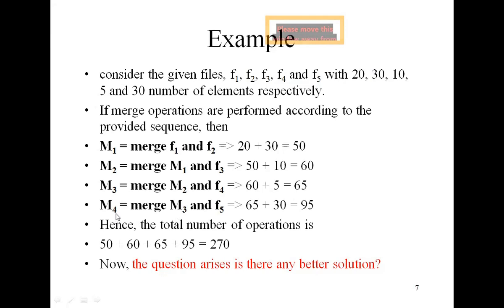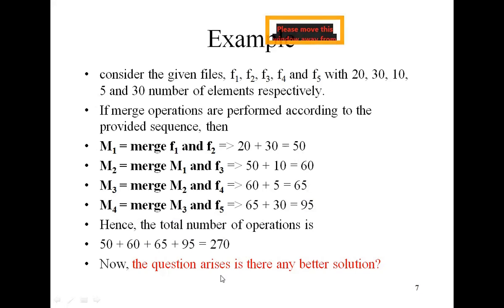Now see M4: merge M3 and F5. M3 is 65 and F5 is 30, so you will get 95. Hence, the total number of operations, combining all these moves of records, is 50 plus 60 plus 65 plus 95, which is 270.